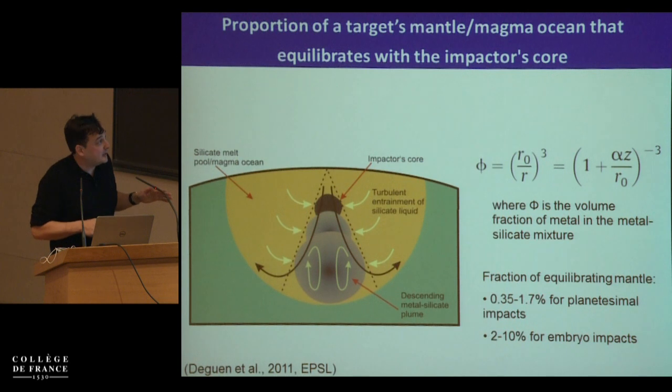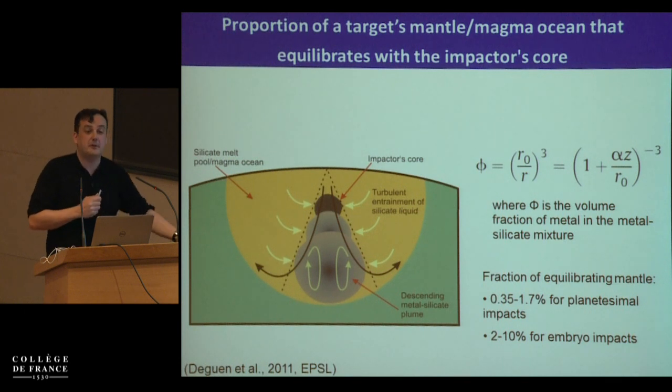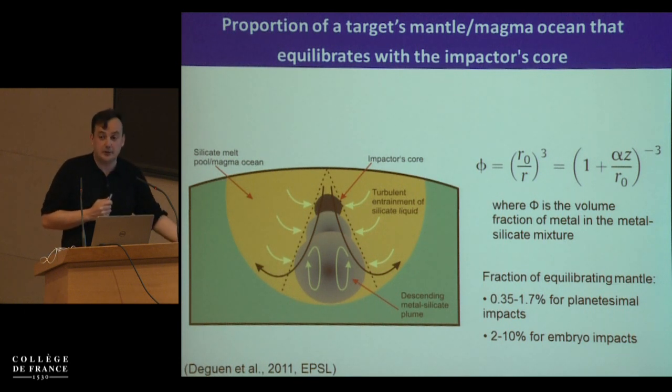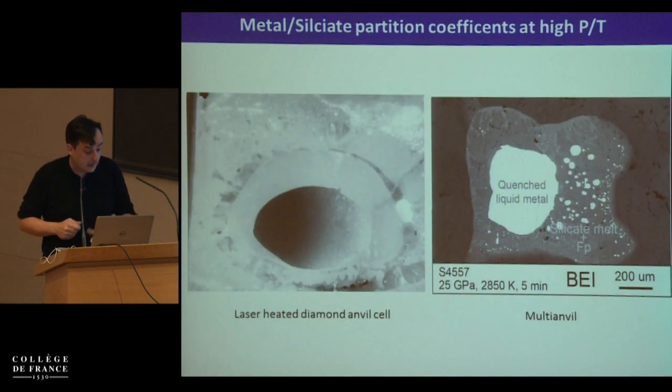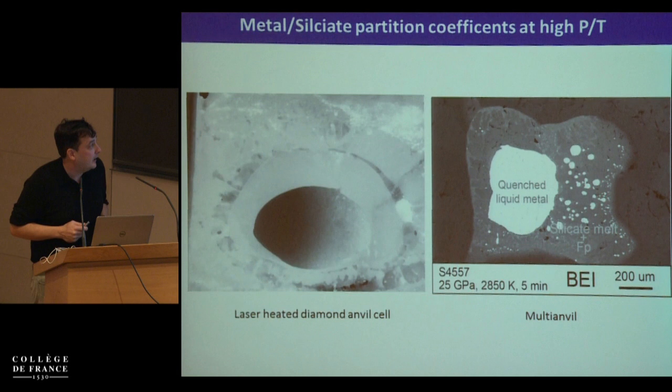But what that also means is that incorporating these simulations into core formation drives the pressures of core-mantle equilibration to higher pressures. That's what we find within these simulations. So it means that high pressures probably had a lot to do with the equilibration conditions. Now let me just